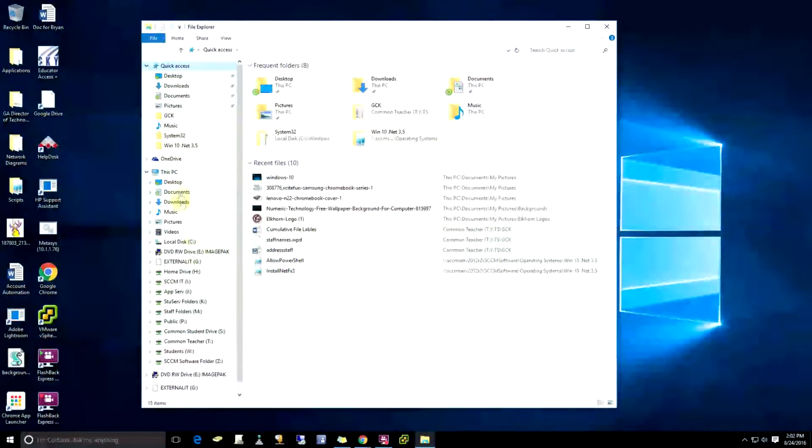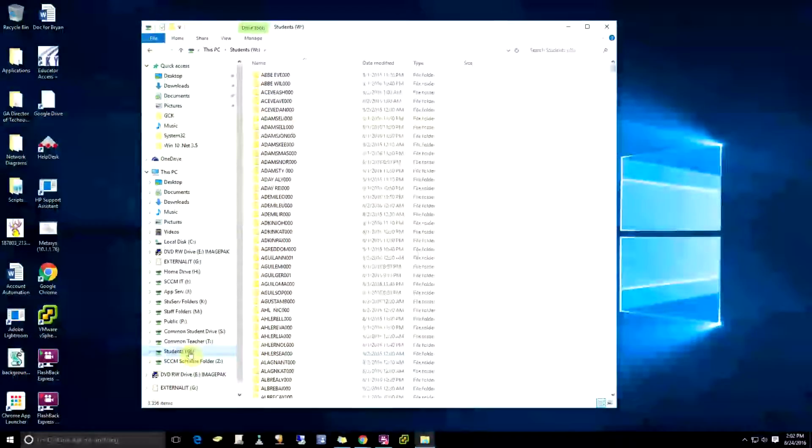If you just click on the arrow, it'll drop down your C drive, your H drive, your M drive, your K drive, whatever you have, P drive, T drive, S drive. Please keep in mind, teachers, that you have access to this W drive, okay? This W drive is for the students, okay? If you have your students doing PLTW work, if you have them doing video editing, if you have them doing anything that's more computer-based and less Chromebook-based, you can have them save their stuff to their H drive, and you can go in and find any student here,